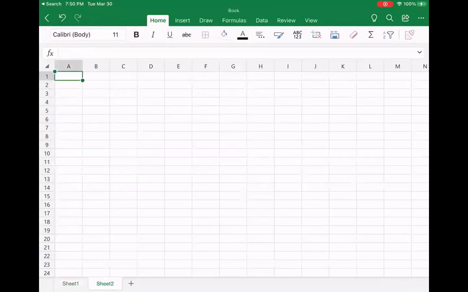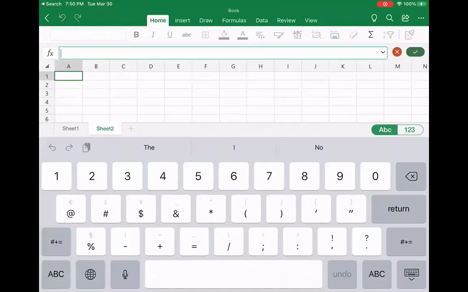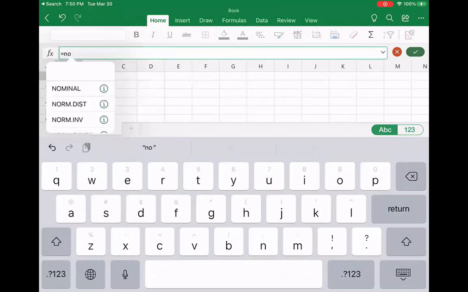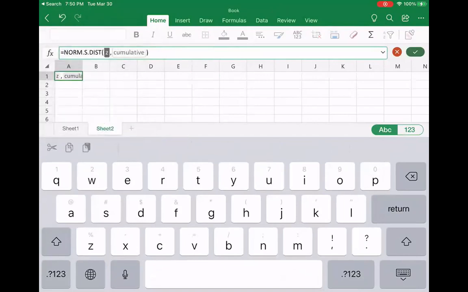In Excel, you have a function called... there's actually two that we can use, but we're going to use the first and standard normal. You have NORM.DIST and NORM.S.DIST. NORM.DIST is for any normal curve with any mean and any standard deviation. NORM.S.DIST is for a standard normal. You're going to give it the z-score and it will always calculate the left side because you're going to type